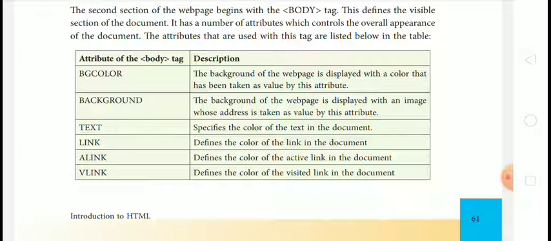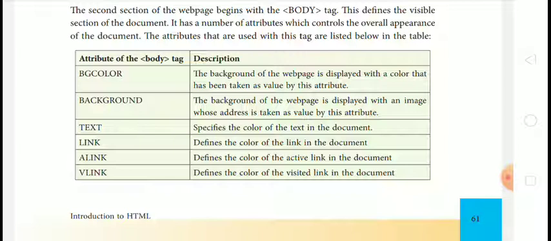Then the text attribute specifies the color of the text in the document. Then link defines the color of the link in the document. Then alink defines the color of the active link in the document.